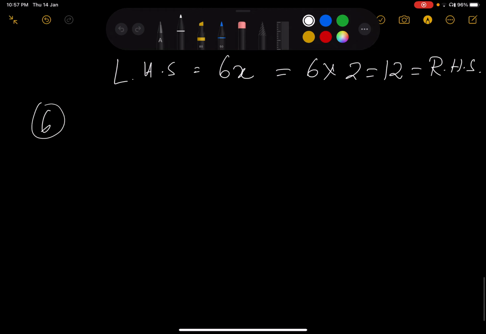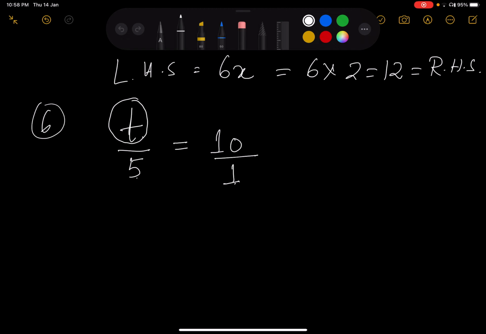Sixth problem. So it is given again in a fraction, t by 5 is equal to 10. So here the variable is t. So instead of x it is t. Okay. And you can see here t by 5 is equal to 10. That means what? Equals to sign 10 by 1. If we take any numerical number given like this, that means if we divide it by 1 we get 10.